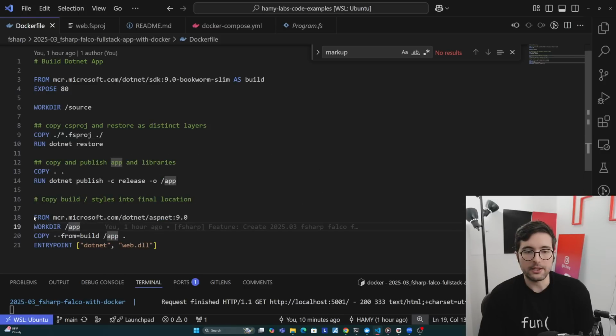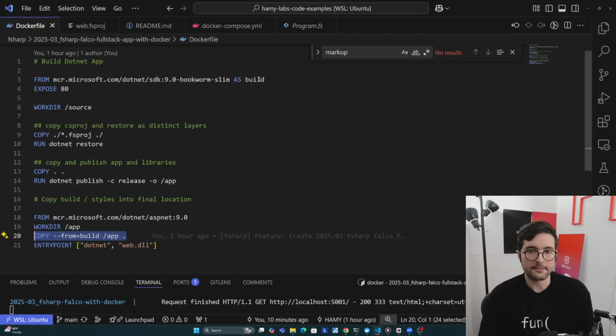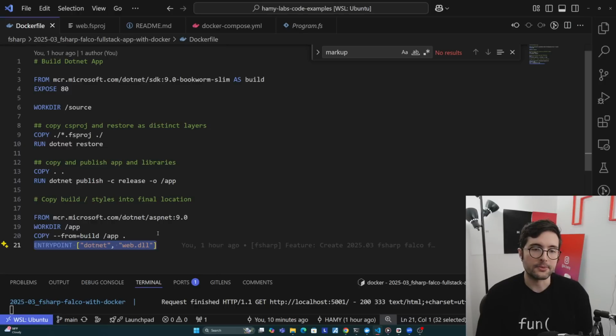So we're creating a new image. This is just going to be ASP.NET 9, so we don't need the full SDK, we just need what we need to run. And then we're going to copy from our build layer, which we specified up here, into our work directory, and then we're going to run it with .NET web.dll. And that's basically how we're spinning it up. And so in this way, this Dockerfile specifies everything you need to actually build from source and then start